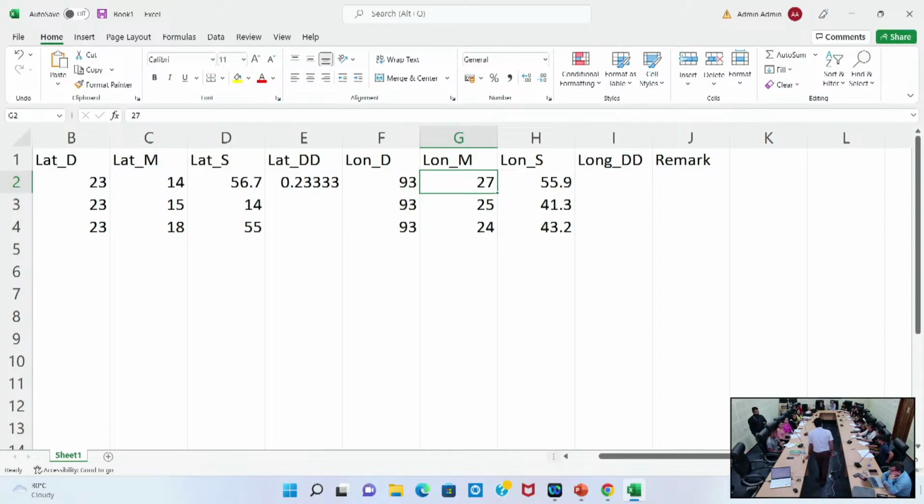So the formula is equal to degree plus bracket, then minute divided by 60, bracket close, plus bracket, then second divided by 3600, bracket close, enter. Okay. Anyway,